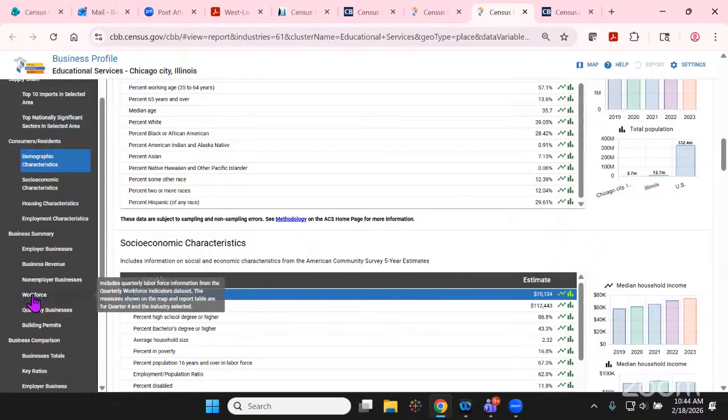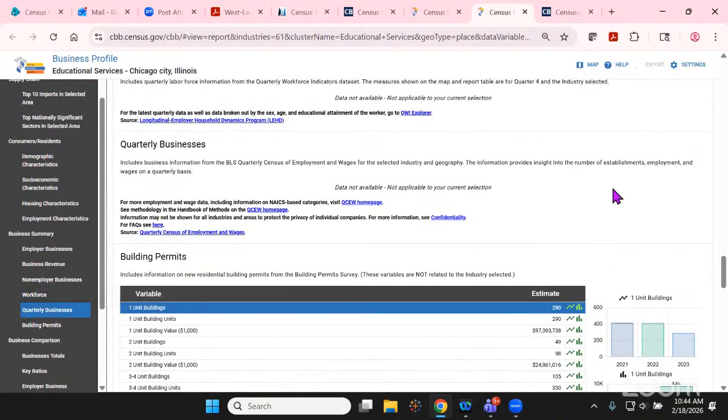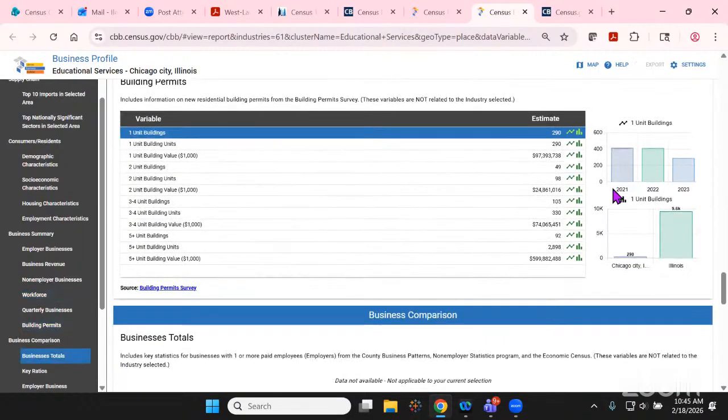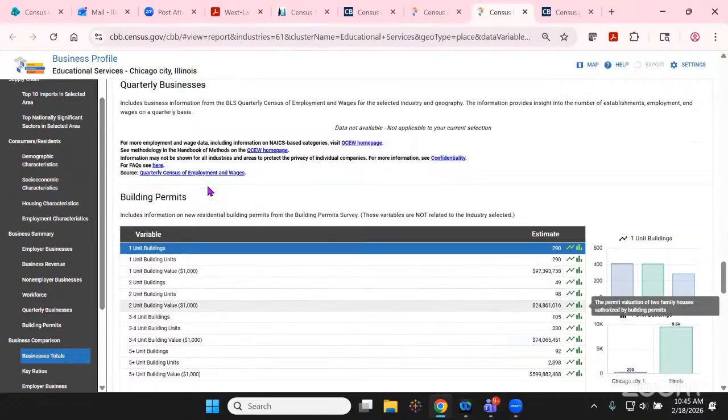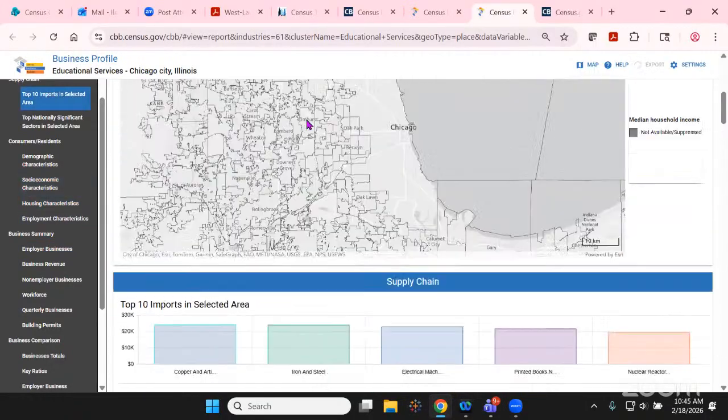Say you just wanted the workforce. On the left-hand side, you have your selection of those topics. Click on that and it'll take you to that section of this report. Okay, and if you want to print this, you can do the map, you can export it. So you have a variety of ways of downloading this report and a visualization on the map of